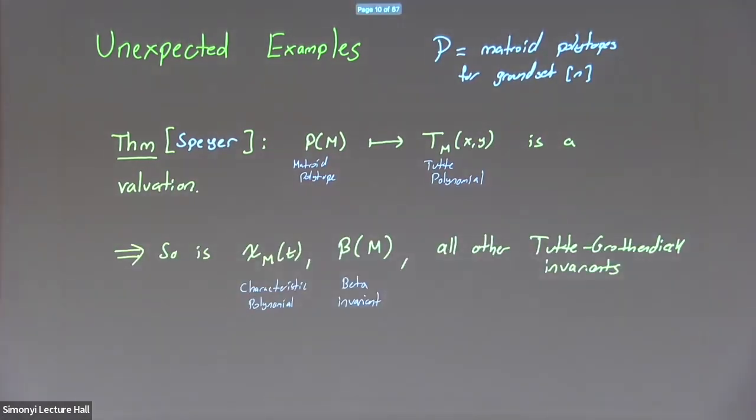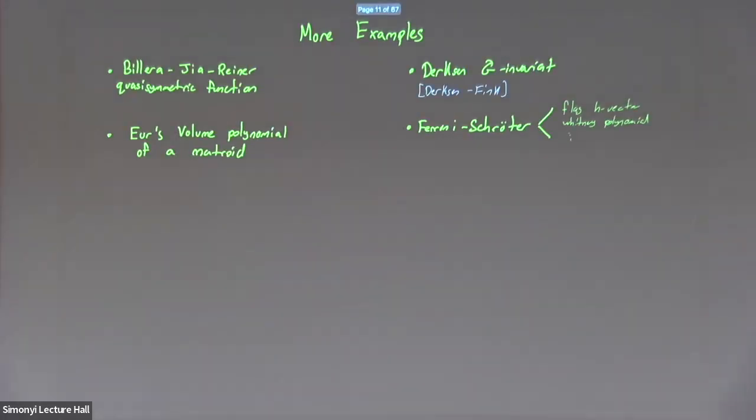And as a consequence, of course, this means that any Tutte-Grothendieck invariant, things like characteristic polynomials, beta invariants, and so on, are all also examples of valuations. Again, I claim that this is weird. We took a purely combinatorially defined invariant, viewed it as polytopes, and it turned out to be a valuation. Since then, there's been